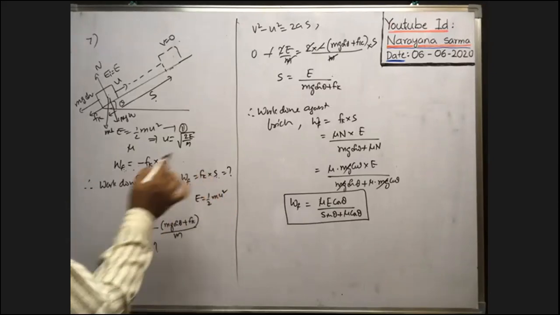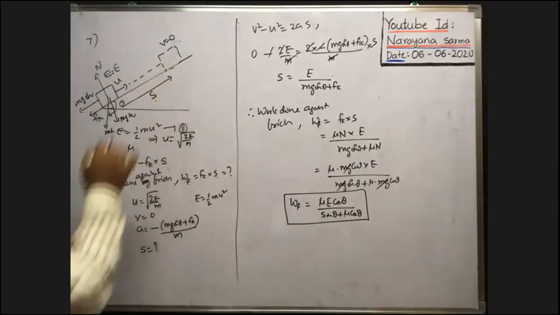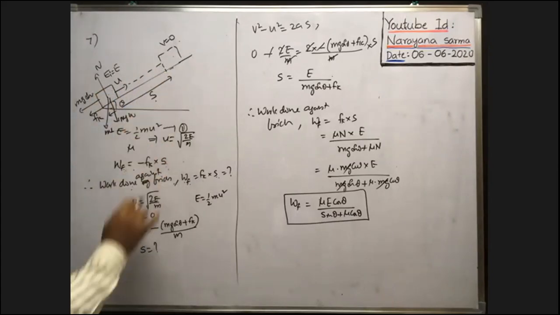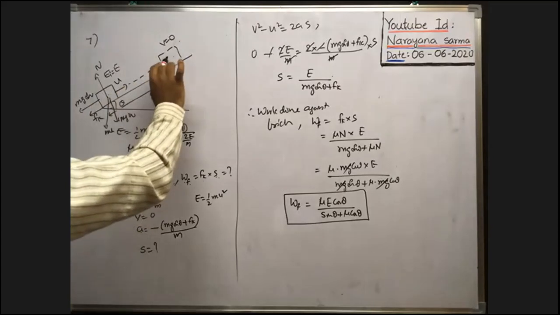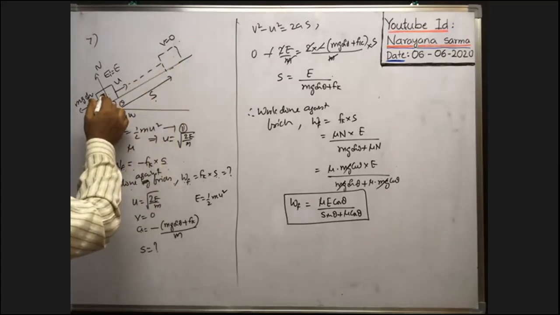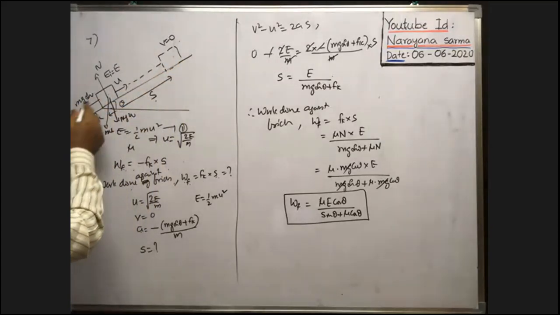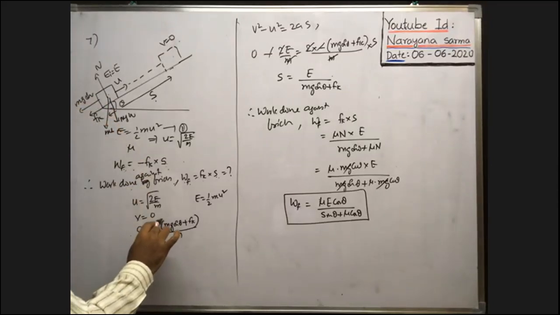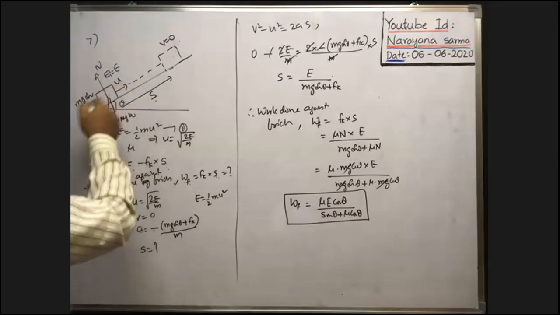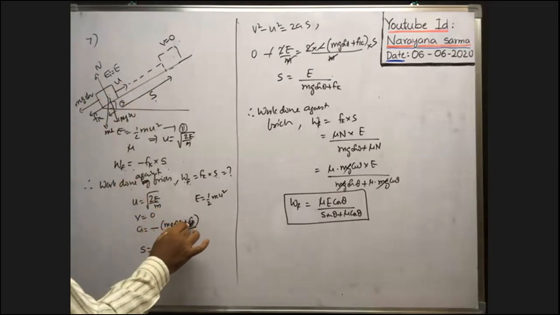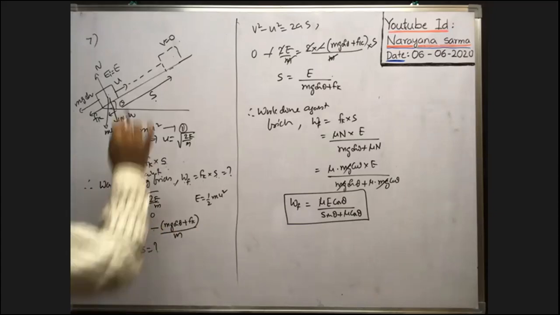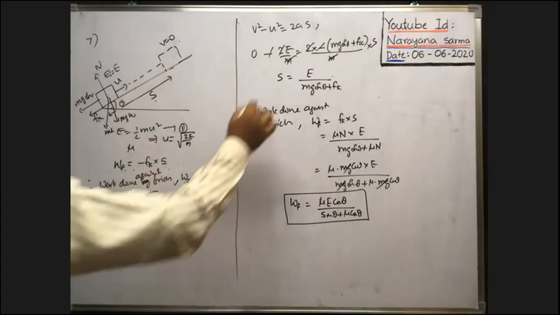Now what is S? Before coming to rest, what is the distance traveled? Initial velocity is known, final velocity is 0, and we need the acceleration. When the block moves upwards, the total force acting on the block opposite to the direction of motion is mg sin theta plus Fk. It is a retarding force. So the total retarding force acting opposite to the motion is mg sin theta plus Fk, divided by m gives the retardation. Use it with the distance traveled before coming to rest, S. From that we get the S value.